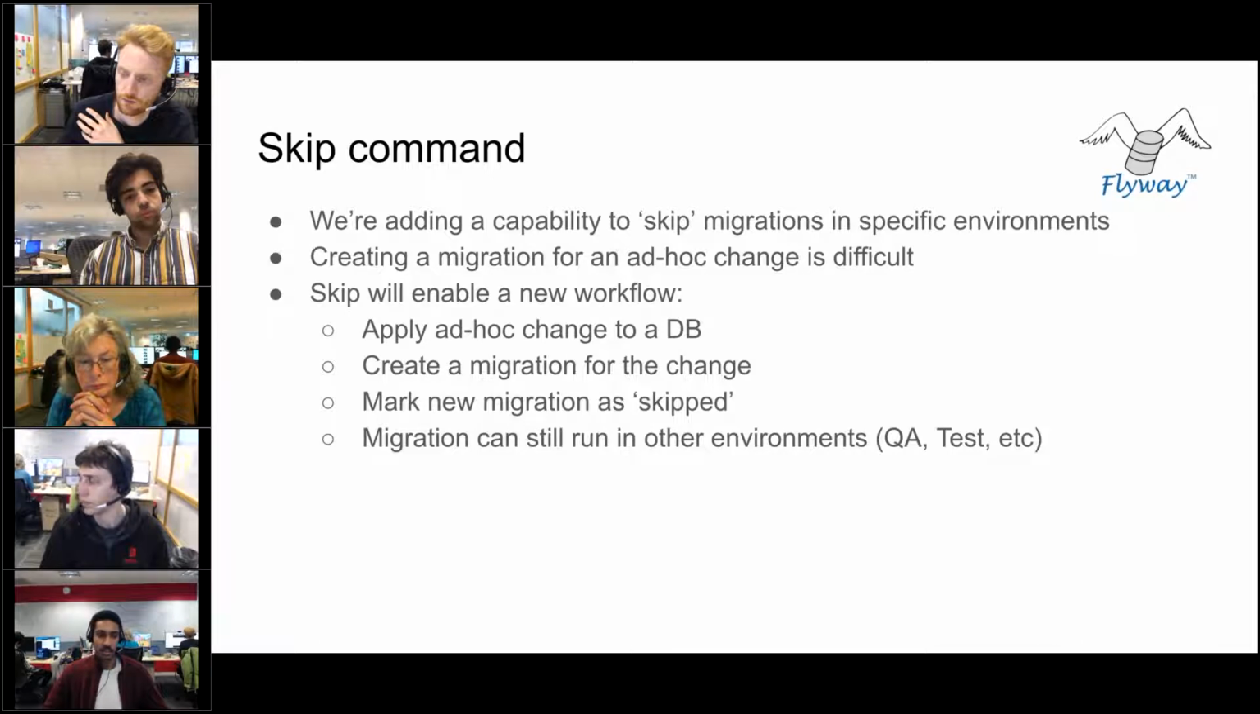It's an emergency, so you do it quickly, you don't create a migration in Flyway. And then the question is, okay, how do I now get those changes back into my Flyway process? So what the skip command will allow you to do is apply that ad hoc change to your database. And then, once that's working, you can create a script that represents that change as a normal migration, and then you can run the skip command, which will say, okay, skip this sort of hotfix migration on